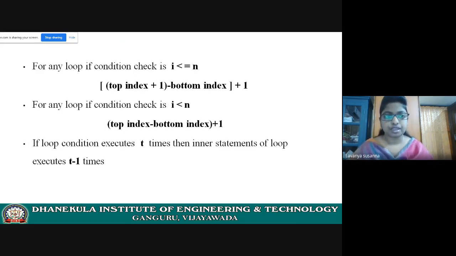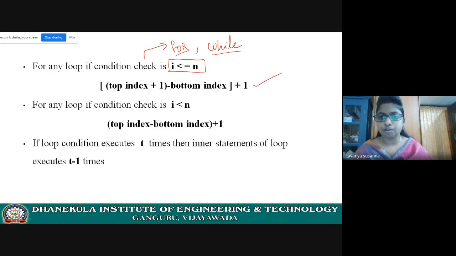If we are using a for loop or while loop, there will be a condition inside it. If the condition is like I less than or equal to n, then you need to use this formula: top index minus bottom index plus 1. Okay, this is the formula you need to use.